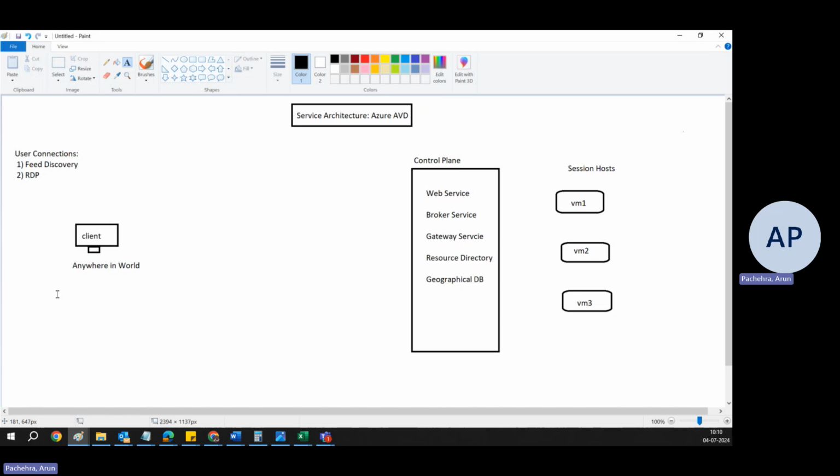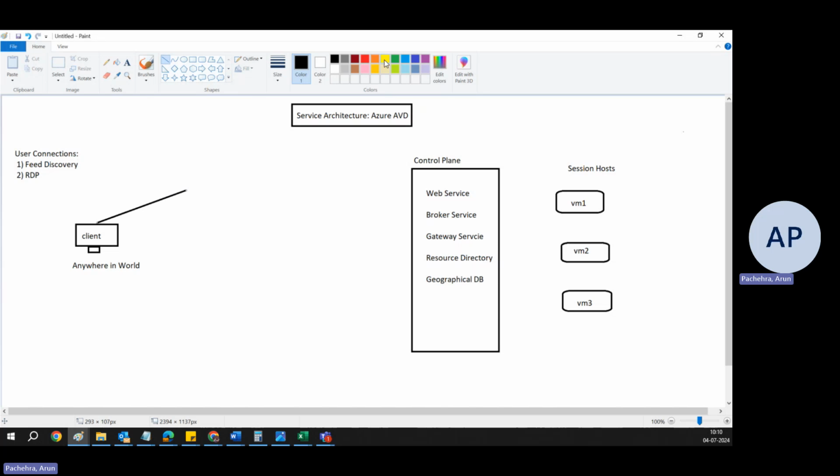Though we definitely put the VMs in our region, but we can have multiple region hosts in a host pool too. All right. So let's get back to the topic. So what happened? This user is located anywhere in the world, and it tried to access the feed. The first time it tried to access and get the information,